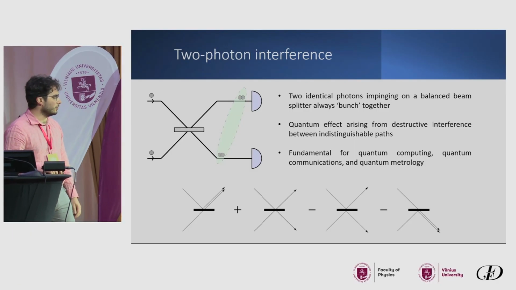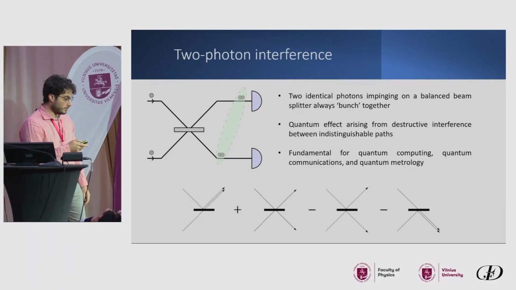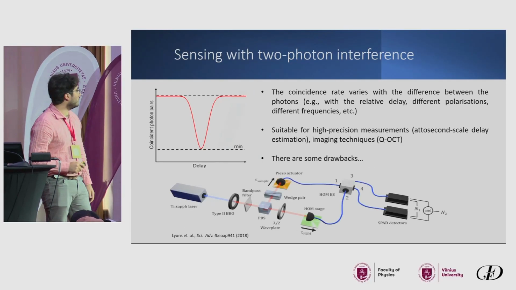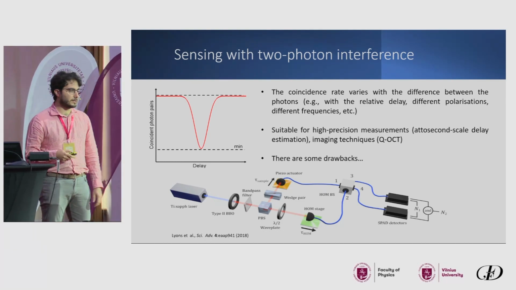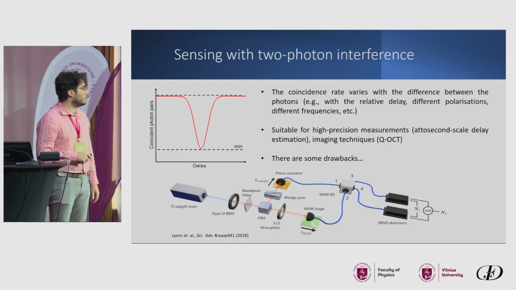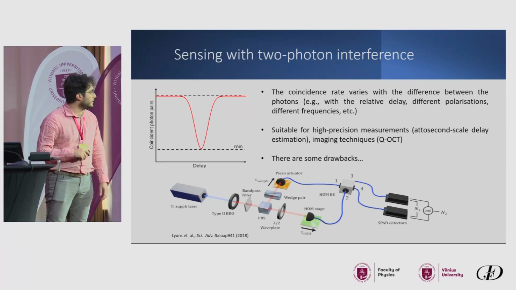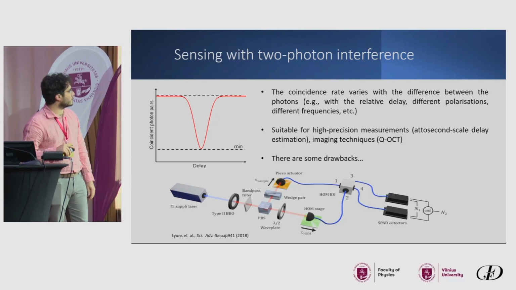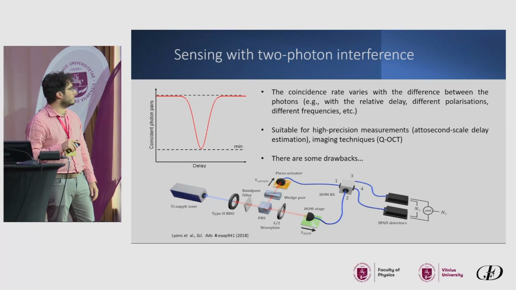It is a known way to produce NOON states, for example, in a deterministic way, but it is also useful for sensing and metrology, which is my interest. So I'm going to show you now how you use this generally for sensing. If the two photons start to have some distinguishability, for example a delay between the two photons, you will start to observe some coincidence rate. In particular, if you were able to scan the delay continuously while recording the number of coincidences, you will be able to reconstruct this very well-known curve. It's called the Hong-Ou-Mandel dip. It's minimum when the delay is equal to 0, and